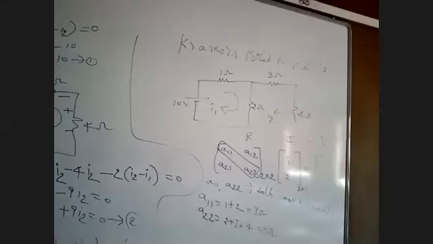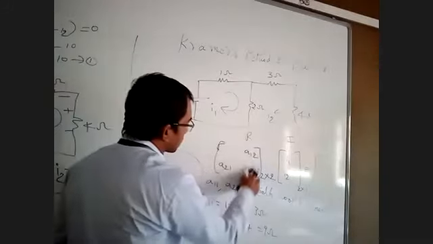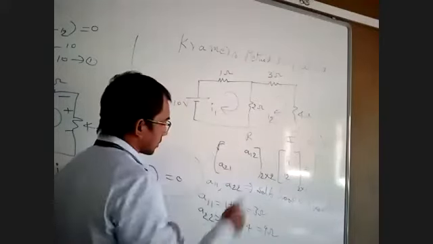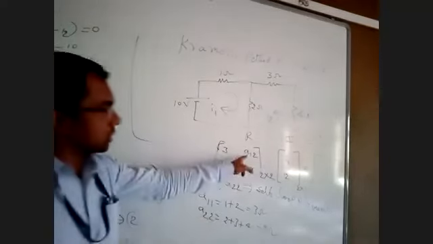See diagonal elements. The element A11 is equal to the sum of only resistances, not the voltage. The 10 volts I am not adding, only resistances. A11 is 1 plus 2 in the first loop, that is 3. A22: three resistances are there in the second loop, 2, 3 and 4. That is 9 ohms. So 3 and 9.